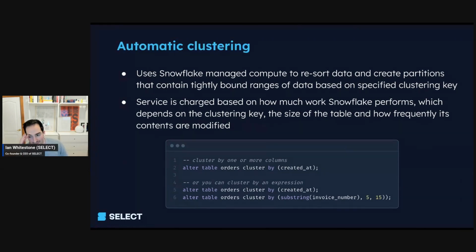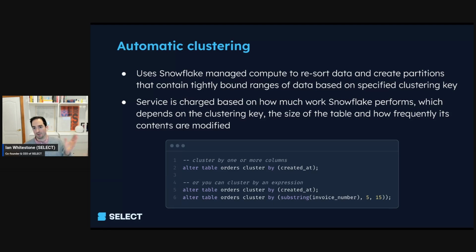There's a good question on any rules of thumb on cardinality. I don't have a hard number or rule of thumb in my head, but for people who are curious, the thing that this user is bringing up is, I can't see the username, so I apologize. When you have a column that has a ton of cardinality, meaning lots of unique values, it can become very difficult and more expensive for this automatic clustering service to try and sort those values into the same micro-partitions. So a common example where this comes into practice is